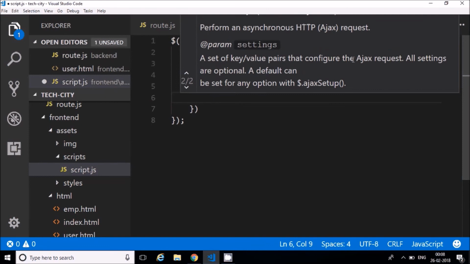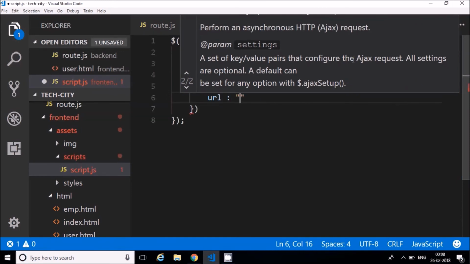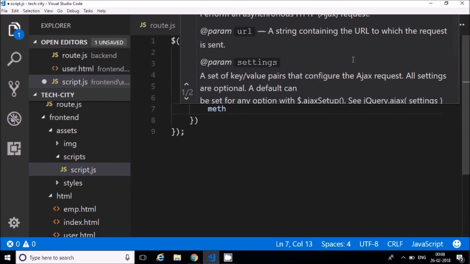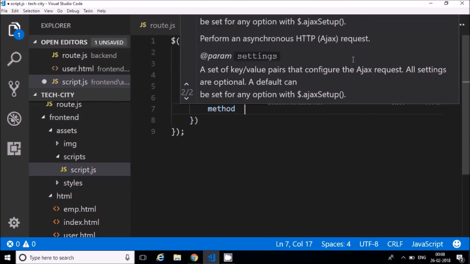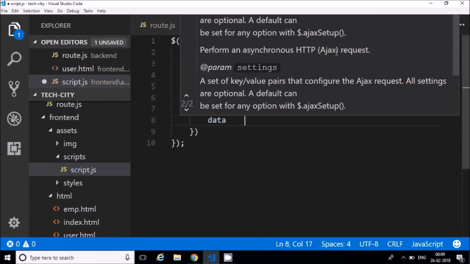I'll create a JSON object. URL is /backend/newuser. This is the URL which it has to post. Then the method is post in this case. See, I am writing post in small letters. Then data is, I will write the data here,